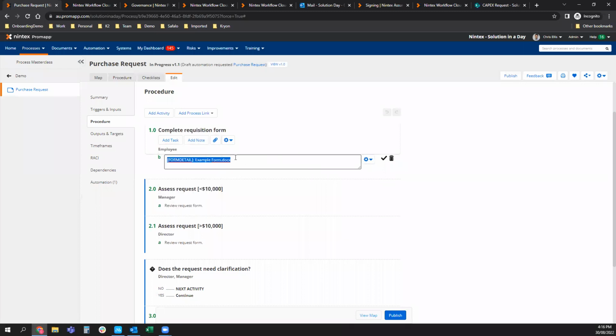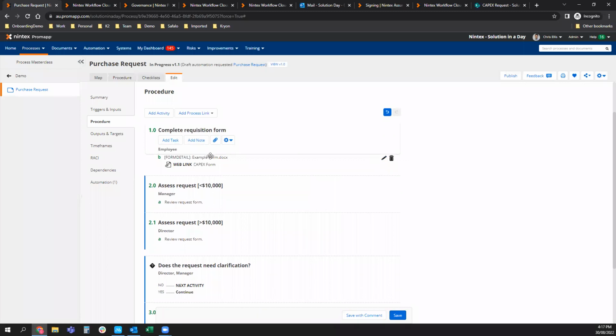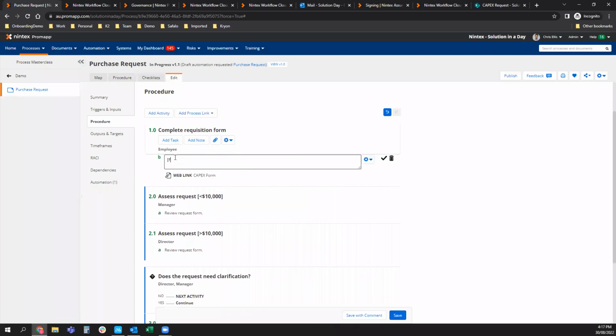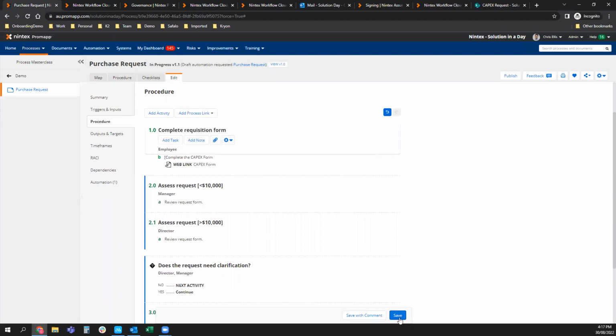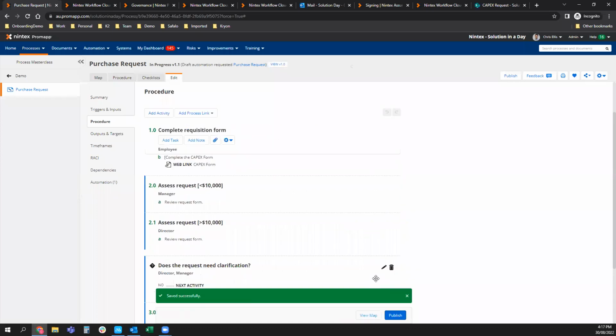We're going to make that a URL, web link. The display label here is my CAPEX form. Let's put in the link and complete. Change this here, complete the CAPEX form, and we're done. So that's an overview of Nintex ProMap from an end user, but also making changes as a ProMaster